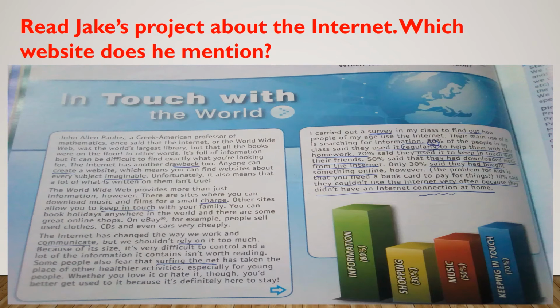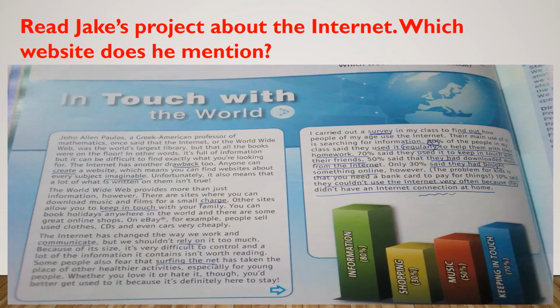Anyone can create a website, which means you can find websites about every subject imaginable. Unfortunately, it also means that a lot of what is written on them is not true. So this is another drawback of the internet. Not everything you read online is true, because anyone can create a website. The World Wide Web provides more than just information, however. There are sites where you can download music and films for a small charge, for a small price. Other sites